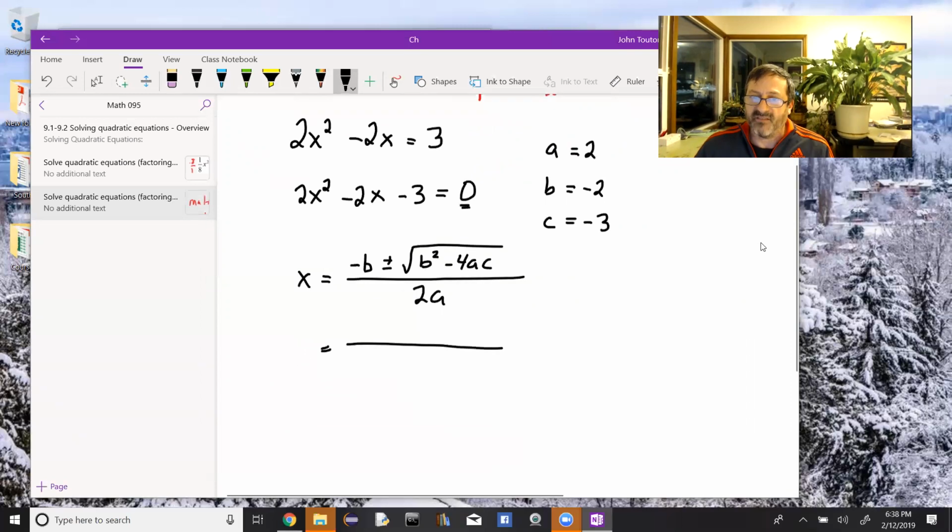So what is negative b in this case? It's the negative of negative 2. Well, if I negate negative 2, I actually get a positive 2. So this is positive 2